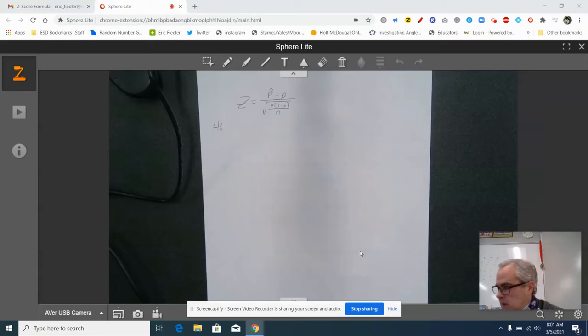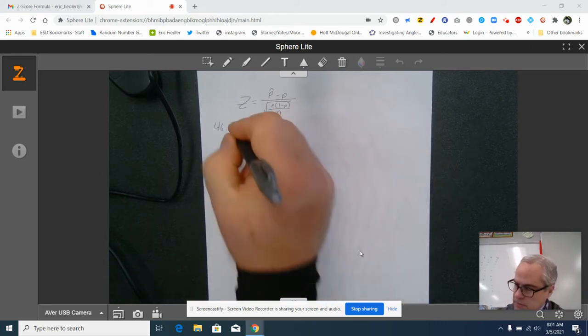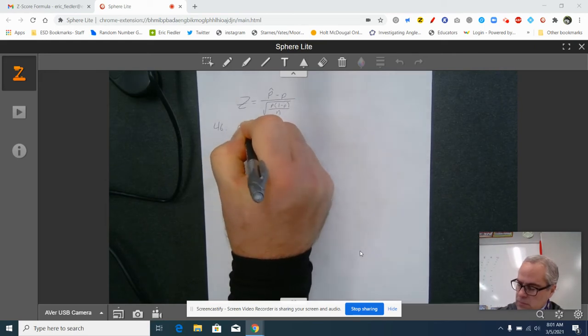Okay, here's 46 on page 449, it looks like. It says in a congressional district, 55% of the registered voters are Democrats. Which of the following... So that sounds like we're dealing with proportions because it said 55%, which is a percent, proportion, fraction, all the same thing. And that 55%, that sounds like a population proportion,